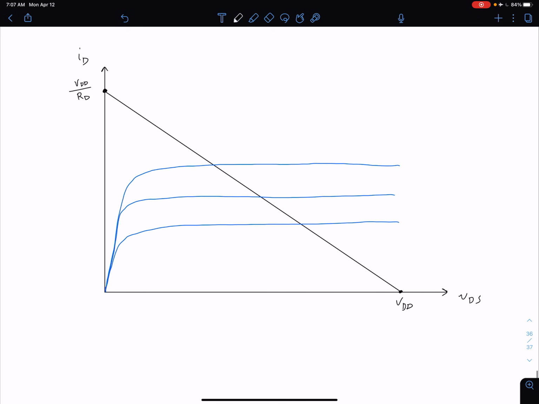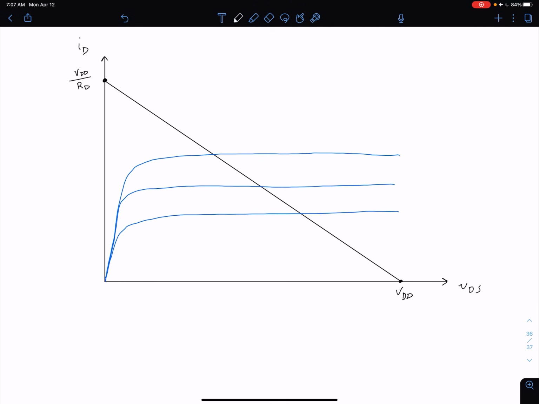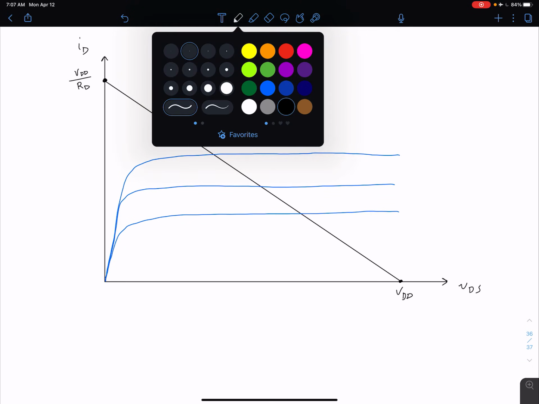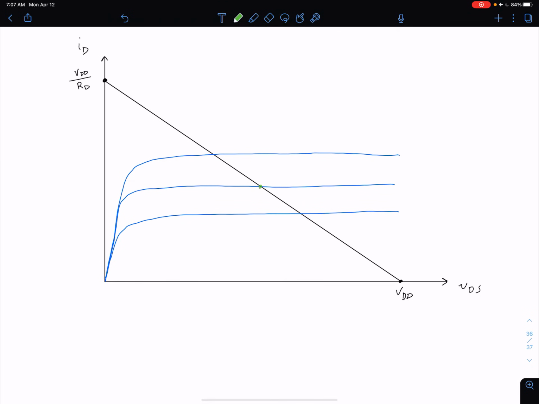I've superimposed this on top of a few of the family of IV curves. Remember, we can always add more. This is a continuum, not necessarily just discrete curves. But let's say we have R1 and R2 chosen, and RD as well, such that our Q point is right here in this center curve. Let's go ahead and label that as our Q point, which corresponds to some VGSQ value. Of course we're also going to have some VDSQ that corresponds to that. So this would be our VDSQ, as well as some IDSQ,